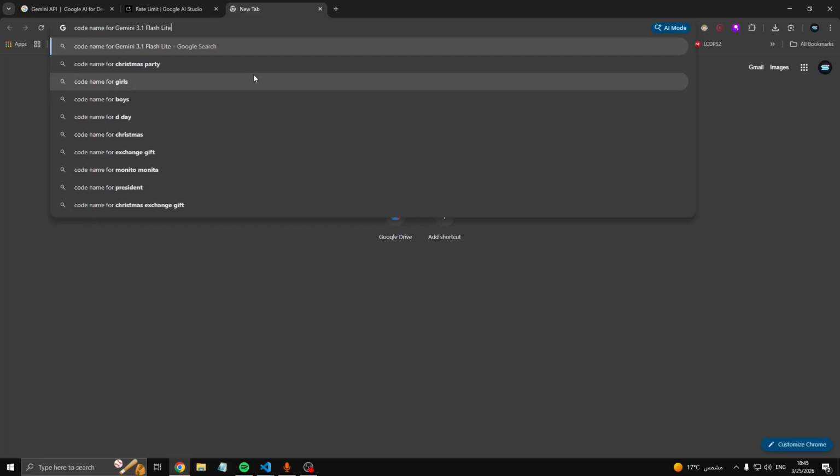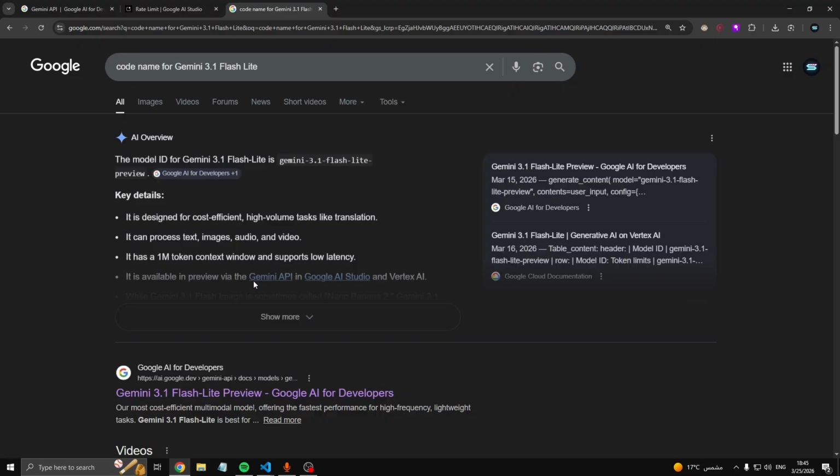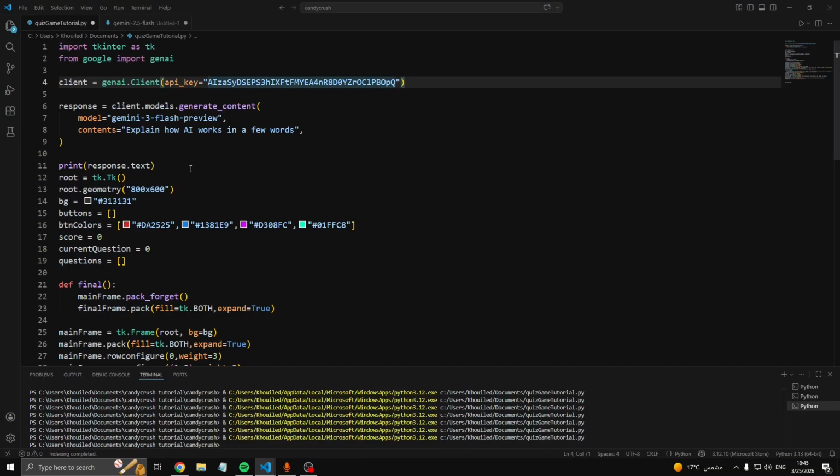Code name for Gemini 3.1 flashlight. It's going to give me exactly this one. So it's the ID, Gemini 3.1 flashlight preview. This is what we're going to copy and put in our code. So I'm going to change this here to this, and for the prompt that we're going to give, we're going